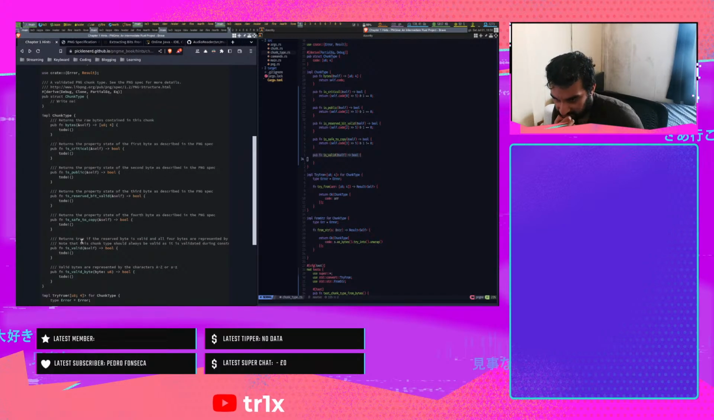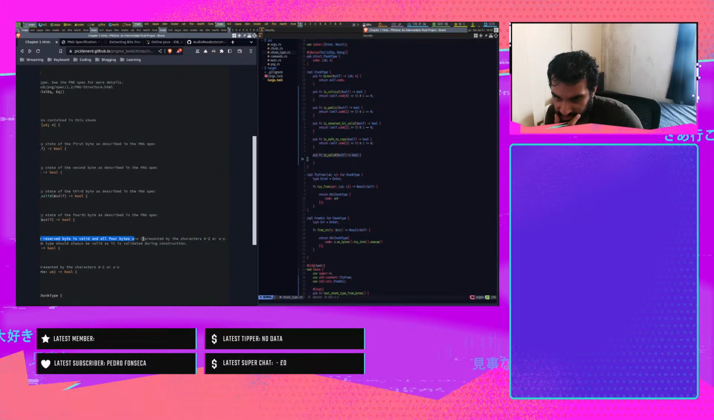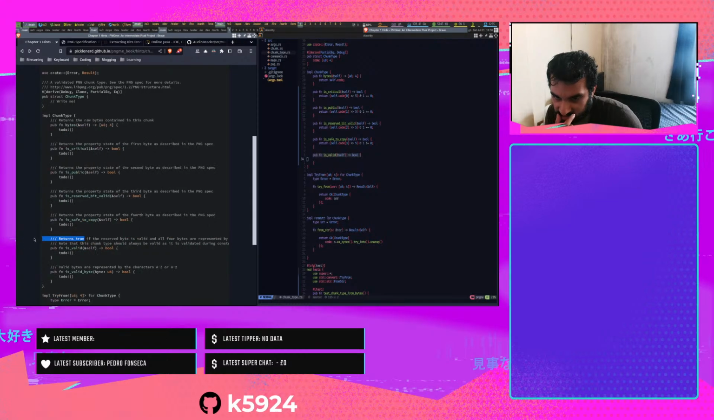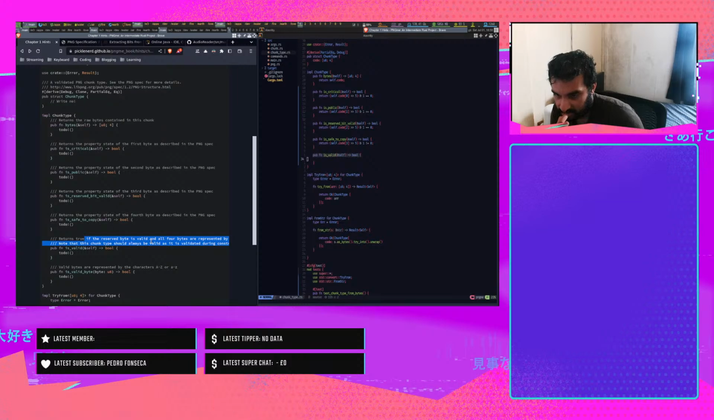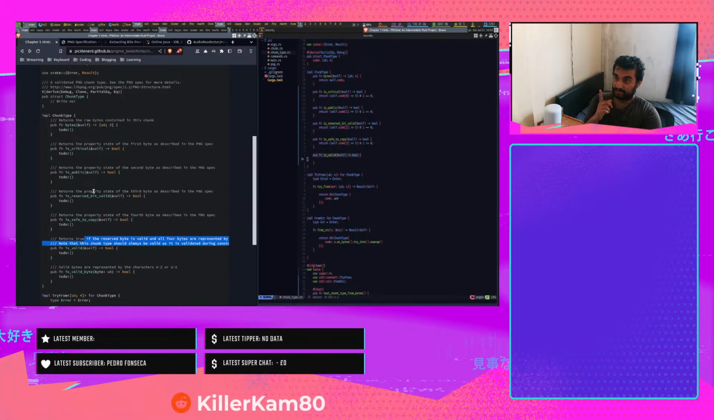Returns true if the reserved byte is valid and all 4 bytes are represented by the characters A to Z or a to z. Note that this chunk type should always be valid and is validated during construction. So essentially, I just need to check is bit valid. So I need to pass self to is bit valid, and I need to confirm that the remaining